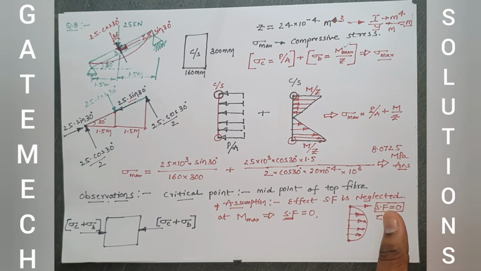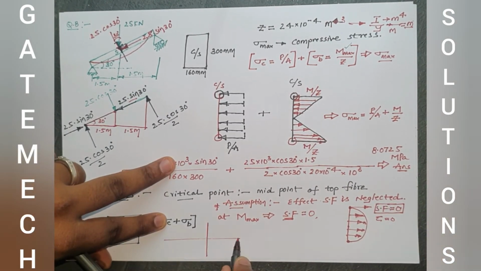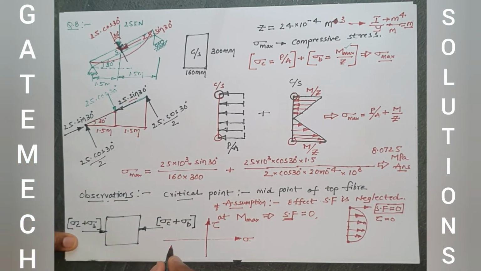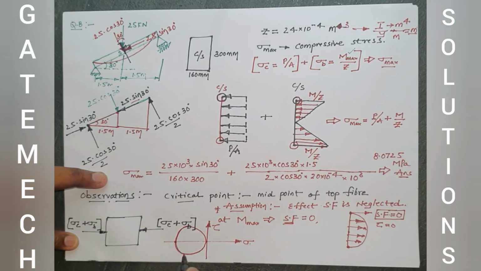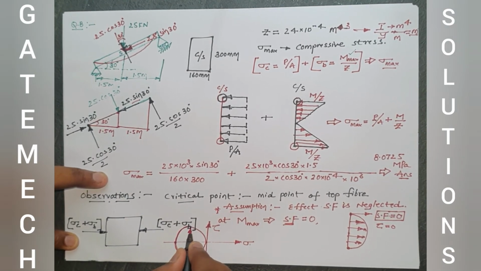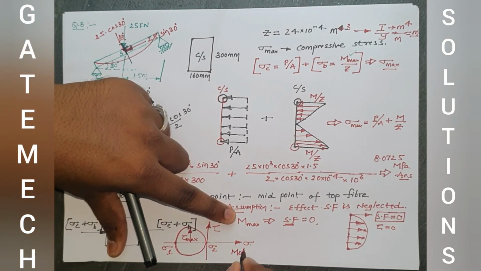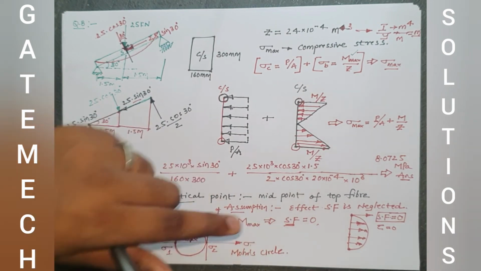Don't worry. Now, if you look at the Mohr circle for the state of stress, as we heard, this is the graphical representation of normal stress against shear stress. This is compressive, so I am taking the negative side. There is no sigma 2, so that is 0. If you draw the Mohr circle, the complete circle will lie on the negative x-axis side. Sigma 1, this is sigma 2, this is the tau max. So this is the Mohr circle for this critical point.